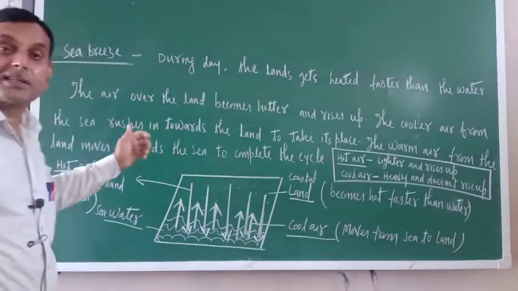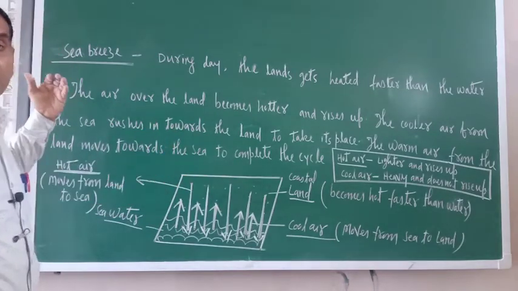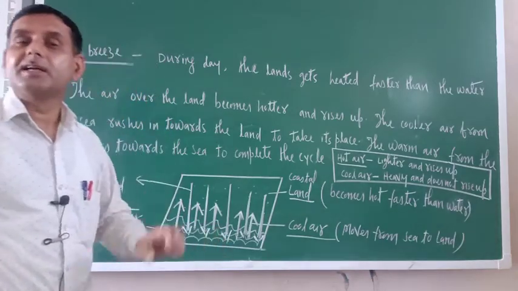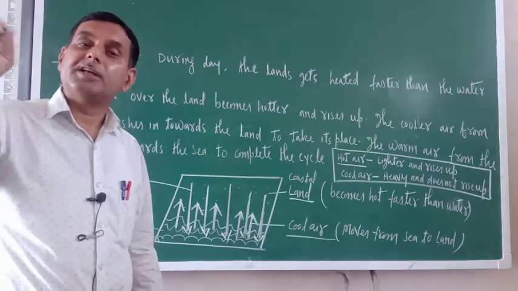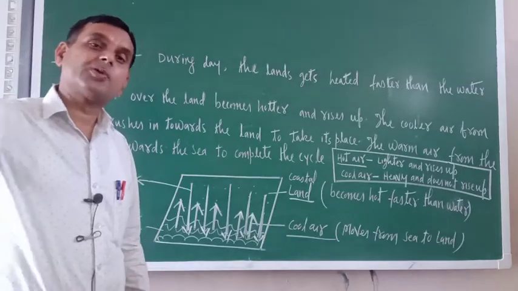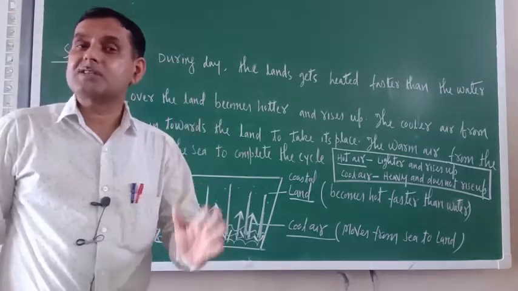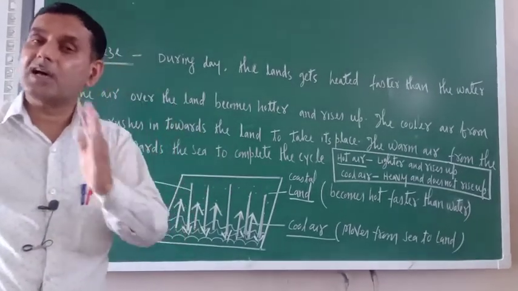That is why it is called sea breeze, because cool air is coming from the seaside to the land side. This is the only reason. That is why people living in coastal areas have their house windows facing toward the sea, so that they can receive the cool air. Windows of houses are made in such a way that they must face toward the sea.